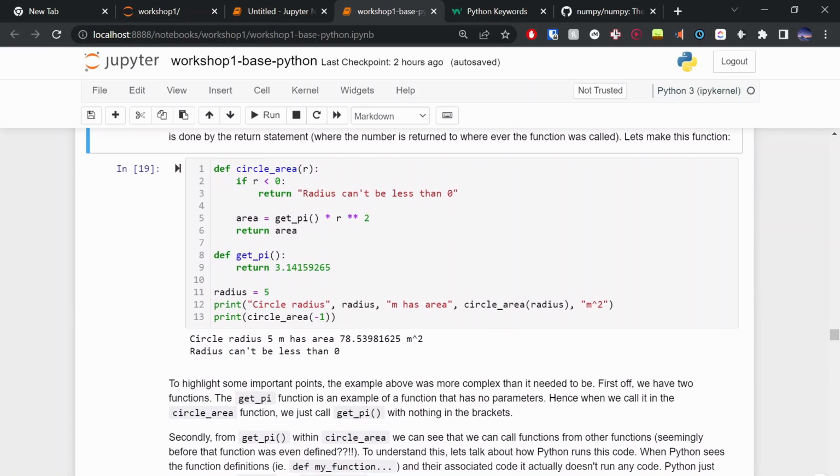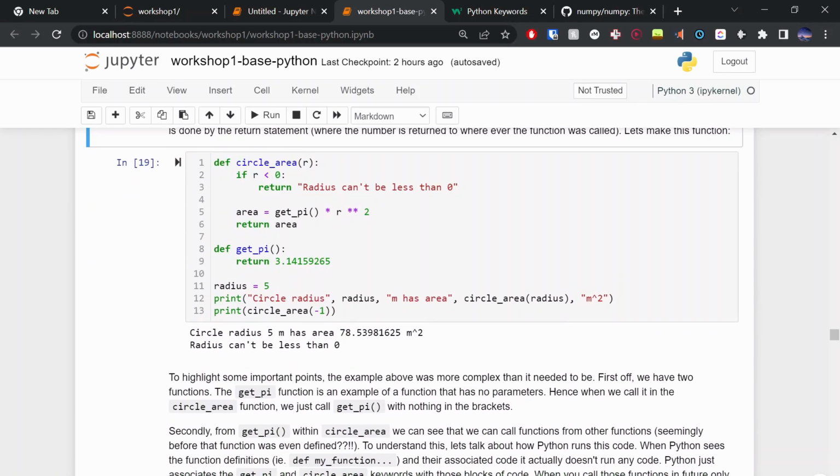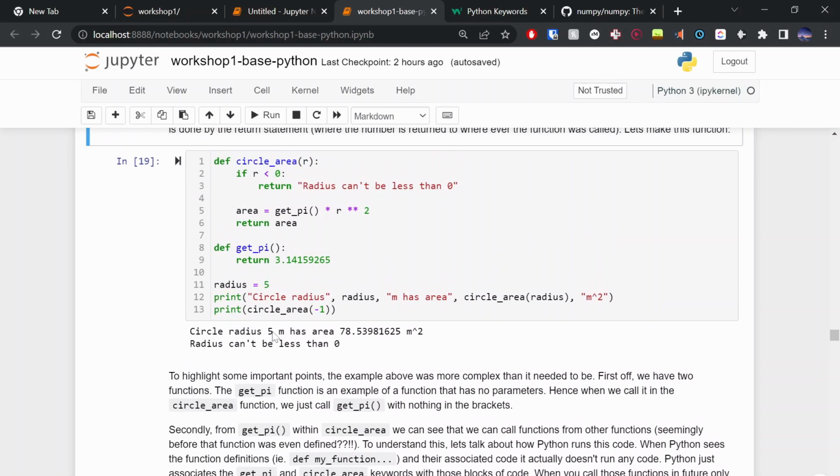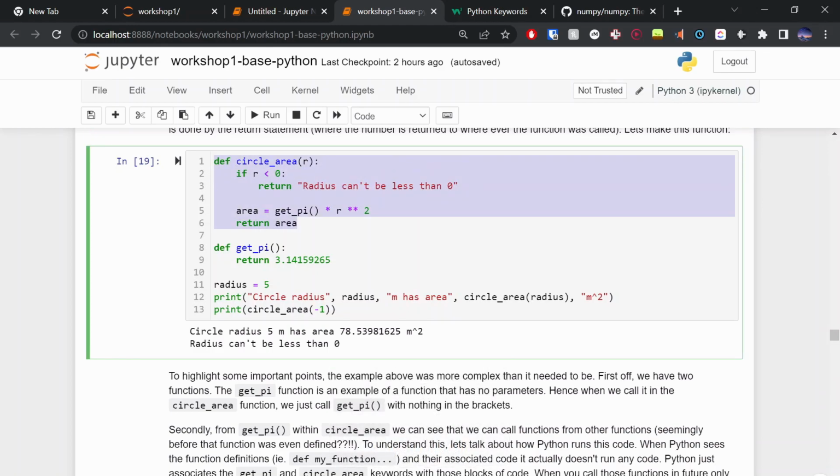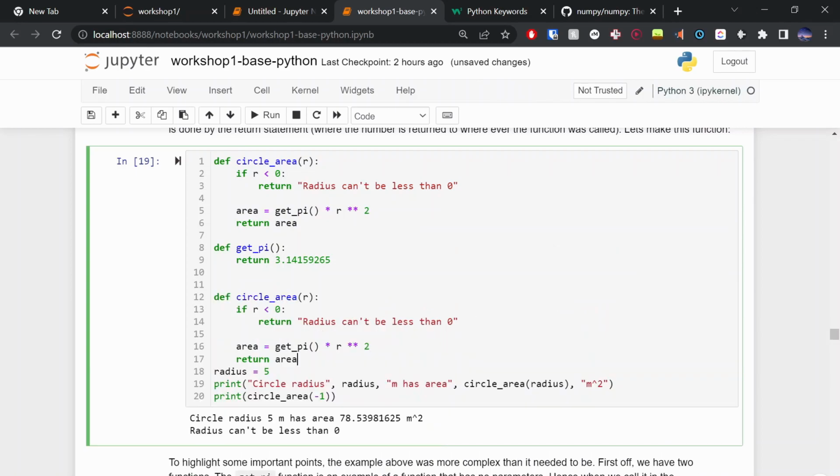So in this example, we define circle_area, and then we say if r is less than 0, return "the radius can't be less than 0". I'm just going to highlight some important parts above here. This example is a bit more complicated than it needs to be, and that was intentional.